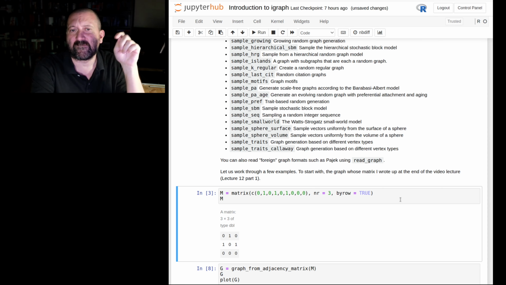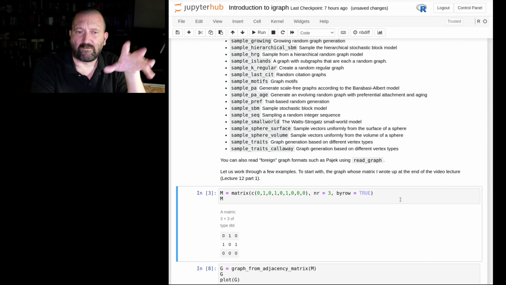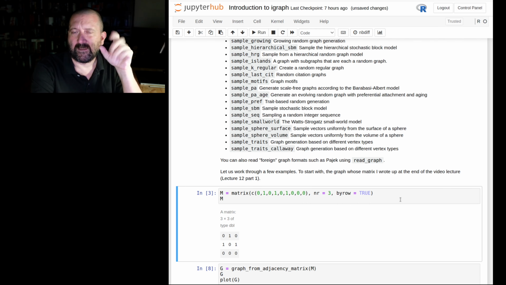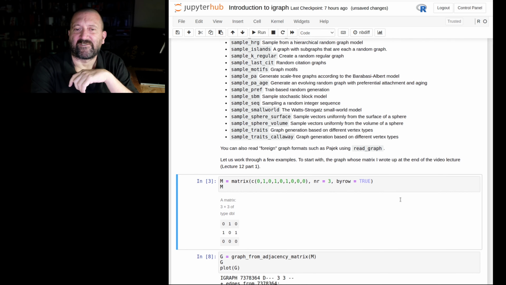wrote a graph near the end of the first lecture on graphs. I wrote down a graph and I extracted its adjacency matrix. So let's go the other way. Let me make that adjacency matrix that we ended up with, and let's create a graph from that adjacency matrix. So I have a matrix. I just say that I'm going to create a graph from adjacency matrix, and I store this in the object